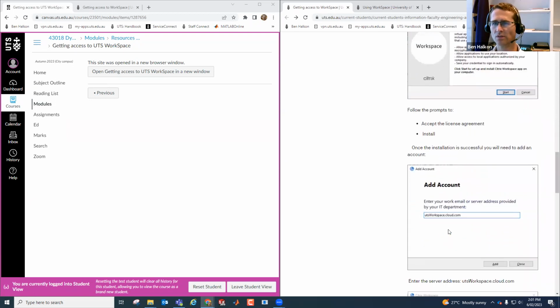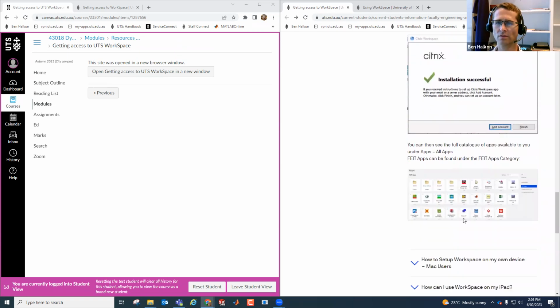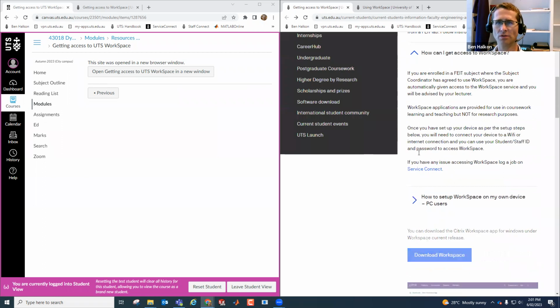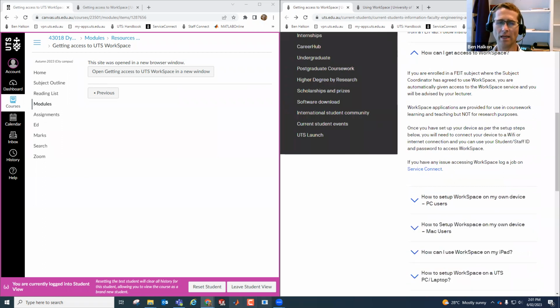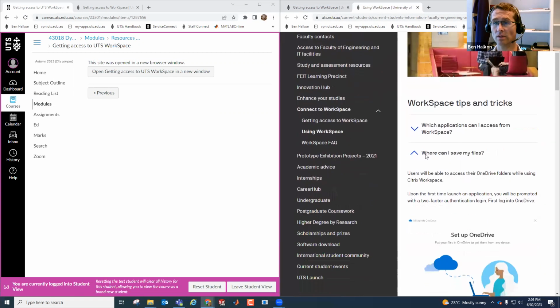When you run Citrix for the first time, which is the tool that allows us to access Workspace, you will be prompted to enter a server address. Please note that this isn't your own email address, but needs to be utsworkspace.cloud.com. Please continue to work through the rest of these instructions. And once you have it installed, you can launch Citrix, specify the server address, and then you can refer to this subsequent page here after the getting access to Workspace